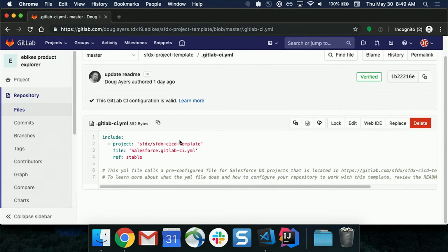Can you all still hear me? No? There we go. And the GitLab YAML file references the... You got a handheld or something? Maybe. While they're dealing with the tech,